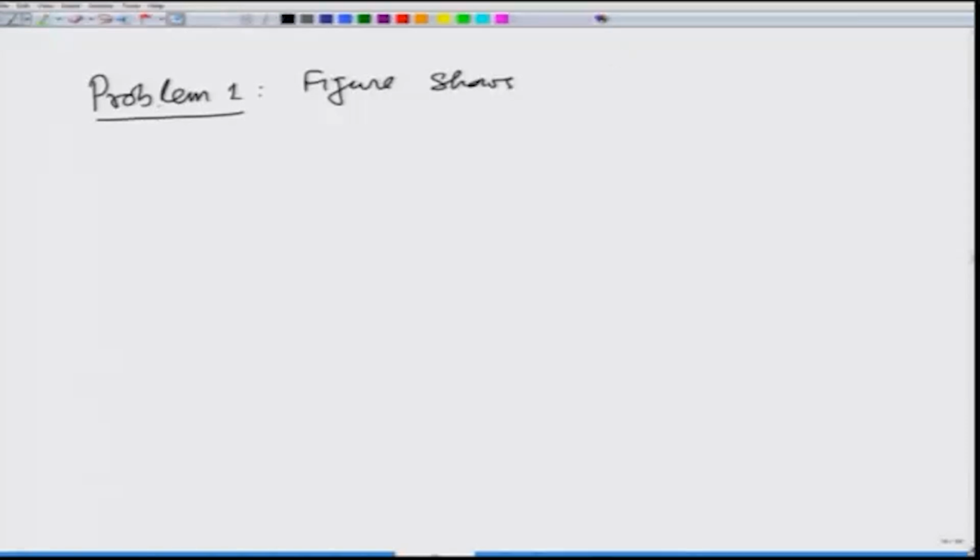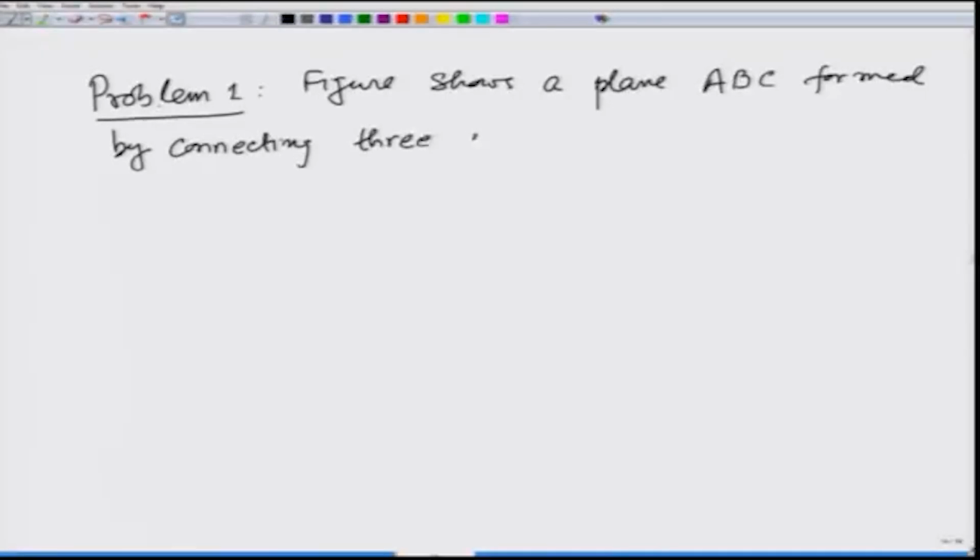It shows a plane A, B, C formed by connecting three corners of a cube of side A. Show that